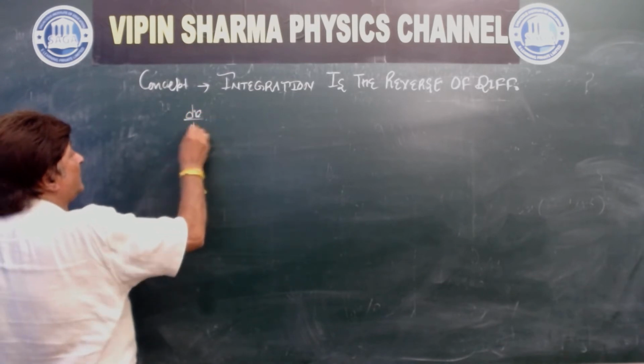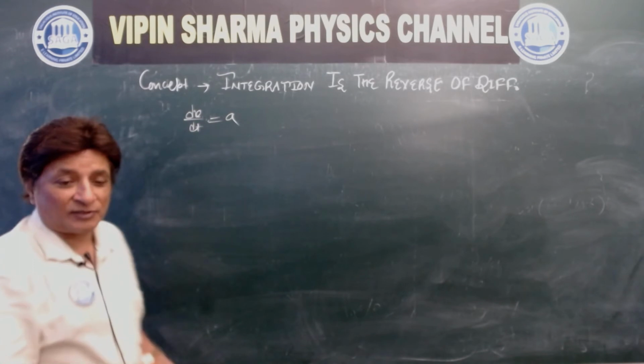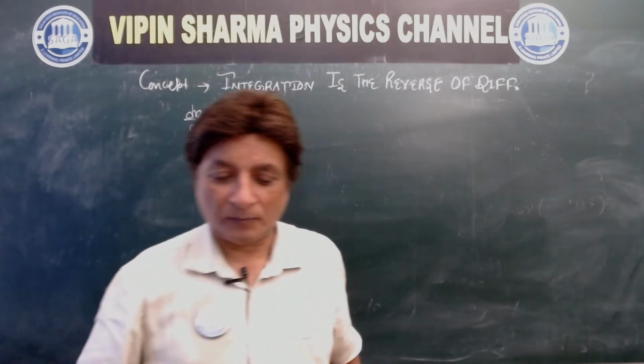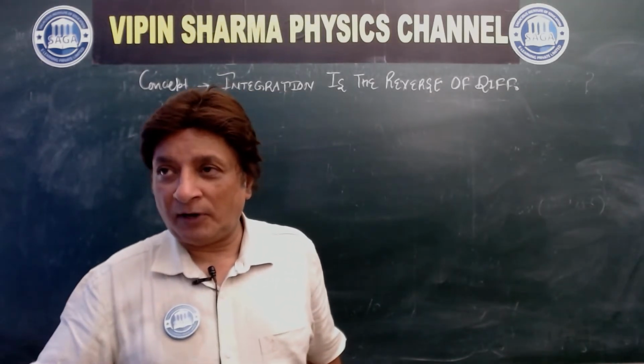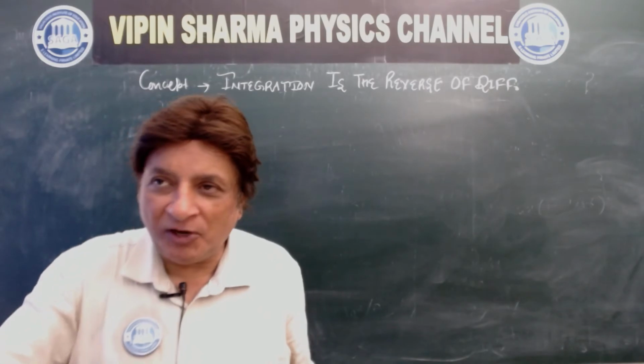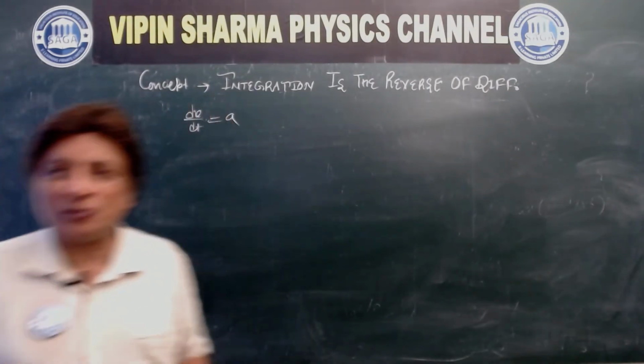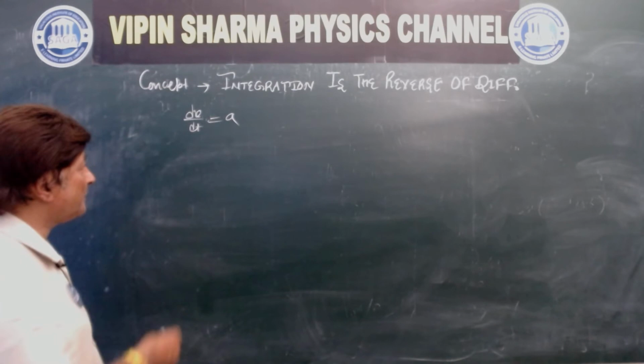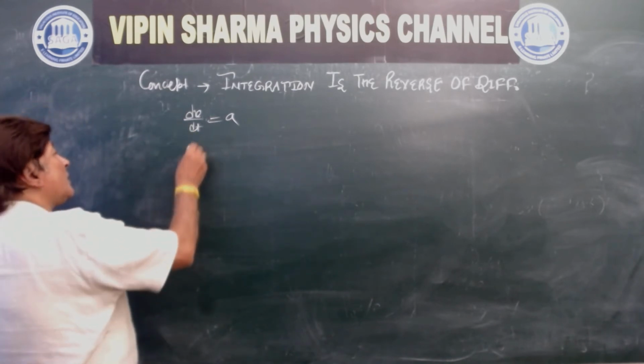dv upon dt is equal to acceleration A, correct? Now what I do is,